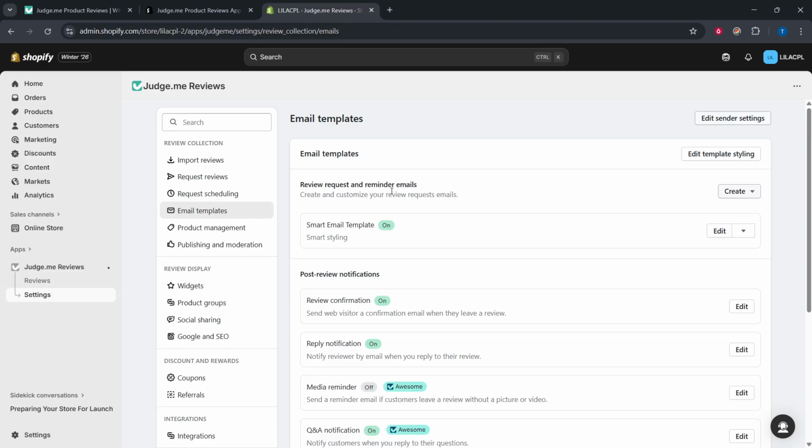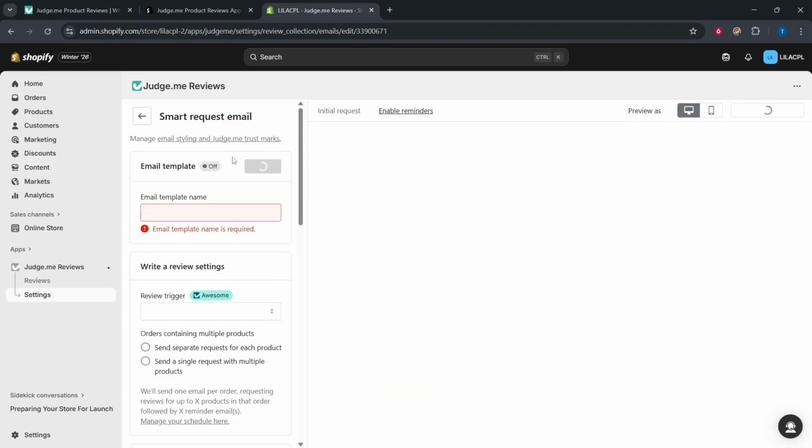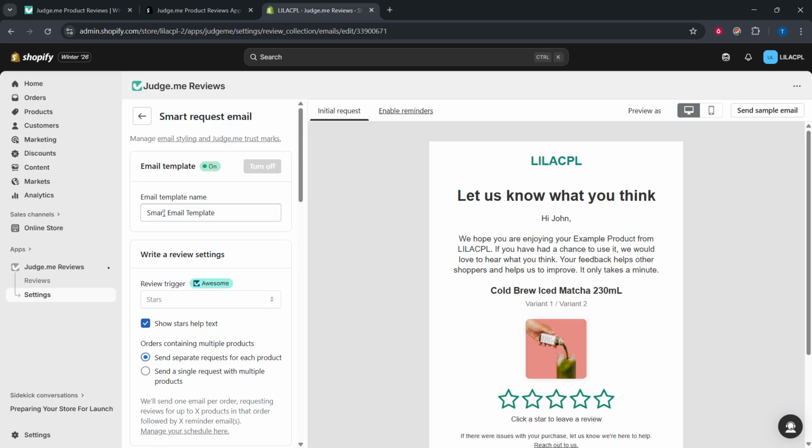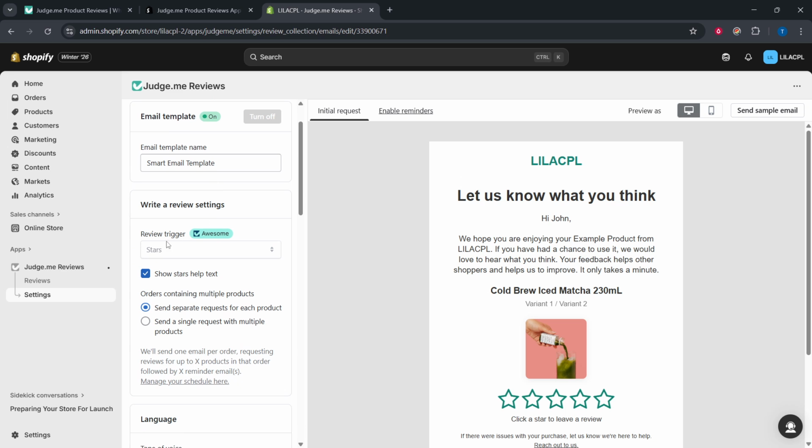Now let's tailor the content. Start with the review trigger, which controls how customers leave a review directly from the email. You can choose stars, a button, or a full form embedded in the email. Stars are quick and inviting, especially on mobile. A button is clean and drives people to your store's review page. The full form is convenient for in-email submissions, but keep in mind the simpler the path, the more likely people